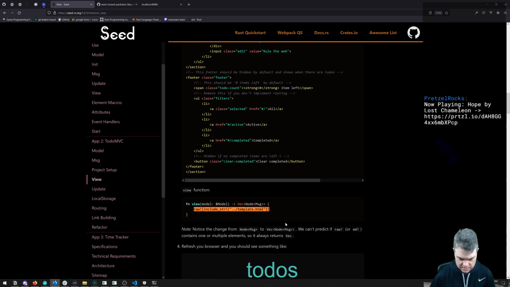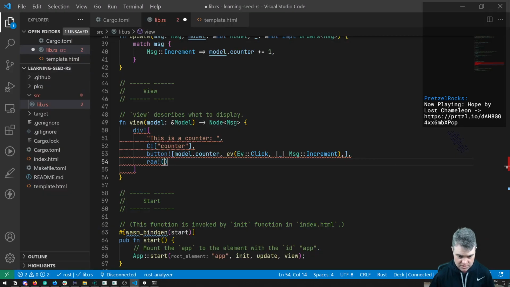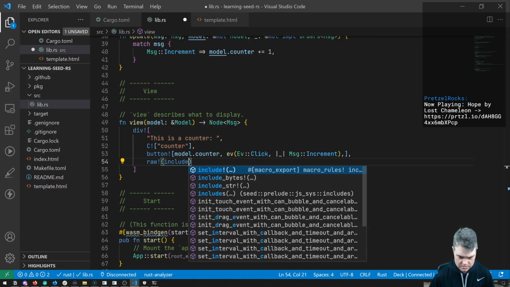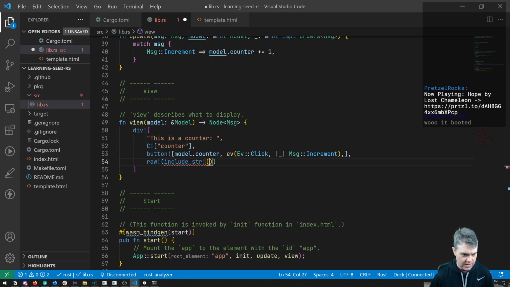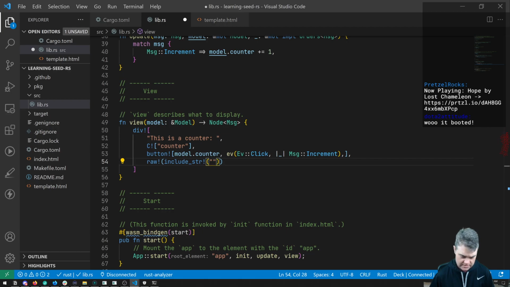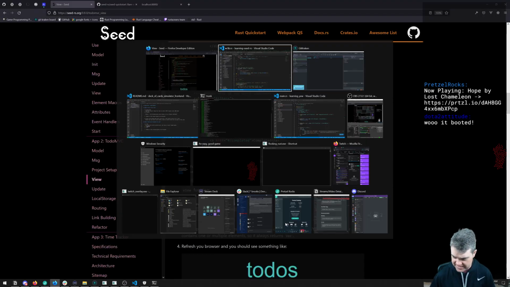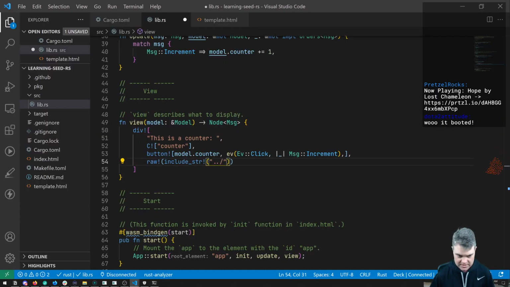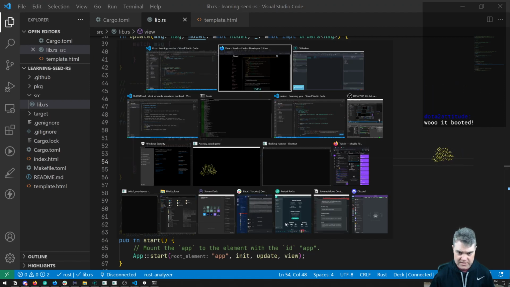So raw include stir. And then this is showing template.html. So if I do that,